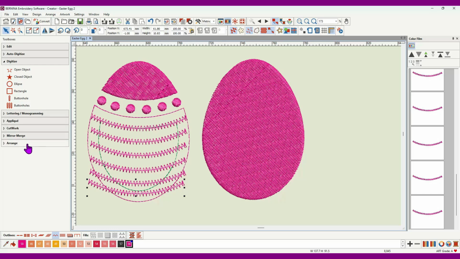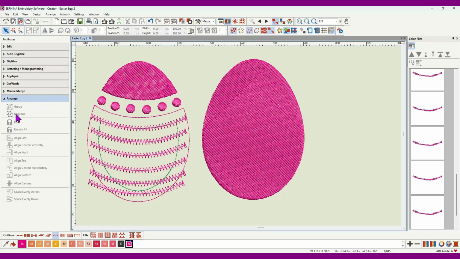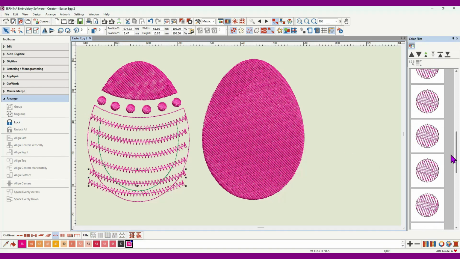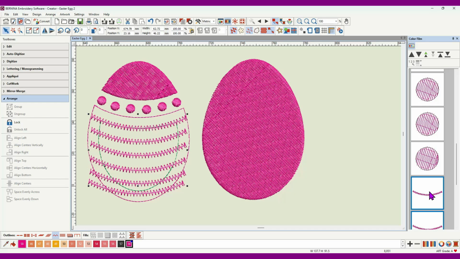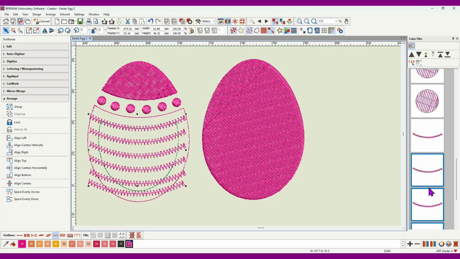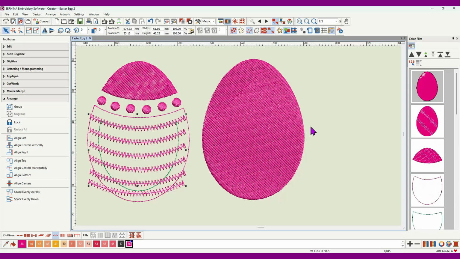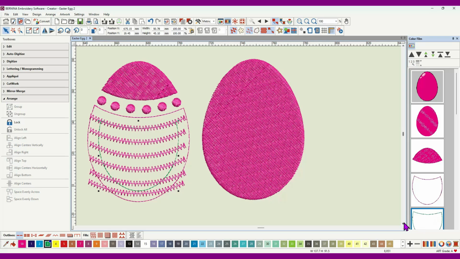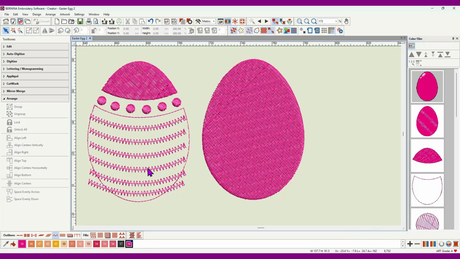go to our Arrange tab, so I'll click off, go to the Arrange tab, and we need to select all of those. And I would align centers vertically and then space evenly down, and that will make all of these evenly spaced. I'll get rid of that green offset, so that's